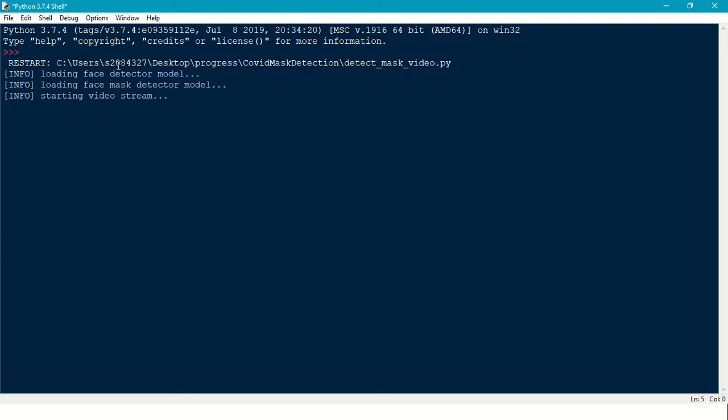The face detector model will cover our facial part, the nose, mouth and cheeks. That's where I'm interested, I don't want the upper part like the eyes. So this will predict the face, and the second model is the mask detector. This will check whether we have a mask or not.